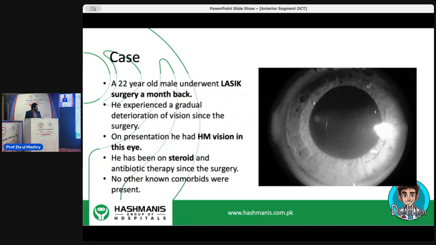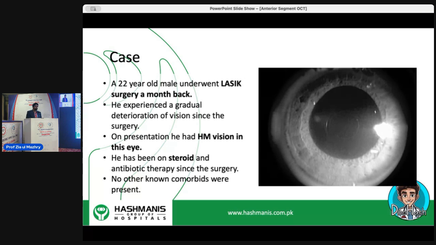Then this is a case of a 22-year-old man who underwent a LASIK surgery a month back. Then he had a gradual deterioration of vision within that month. This was a referral case जो हमने देखा था from another institute because they couldn't figure out what it was. He had hand motion vision. This is a 22-year-old patient, LASIK करवाई है to get into 6/6 vision, और then best corrected उसकी hand motion हो गई है. The key point here is that this person was on